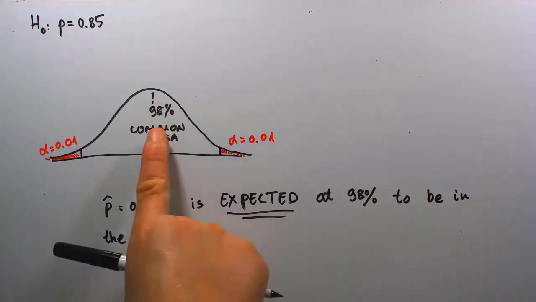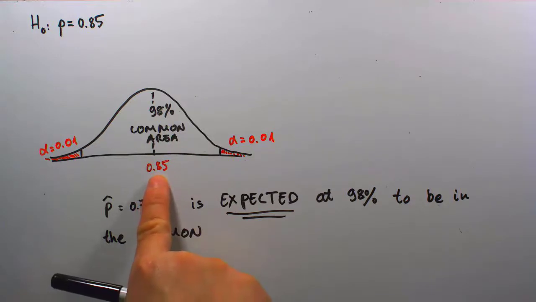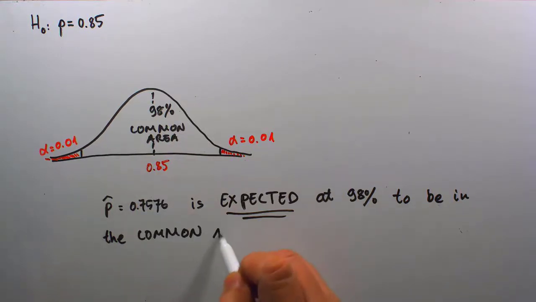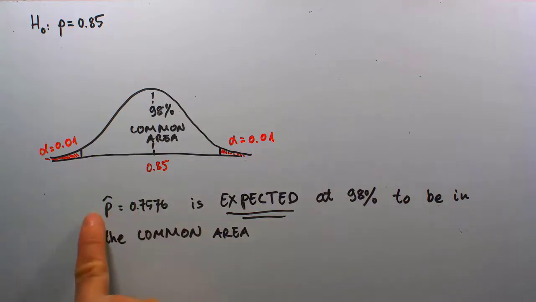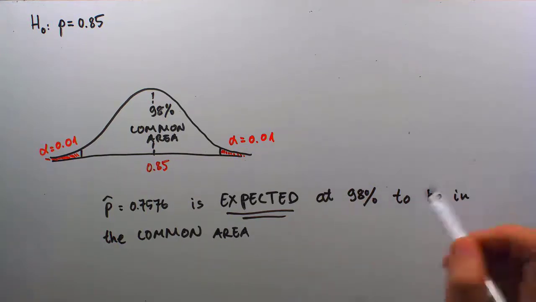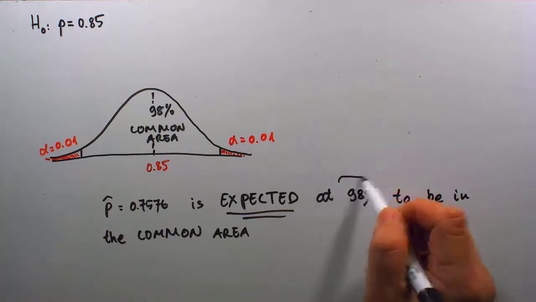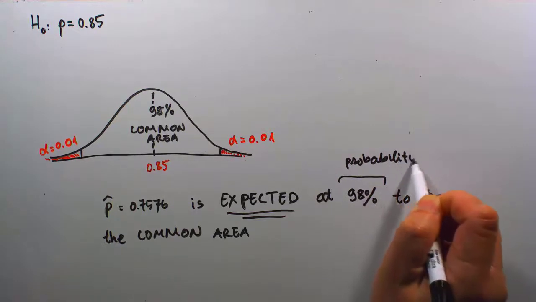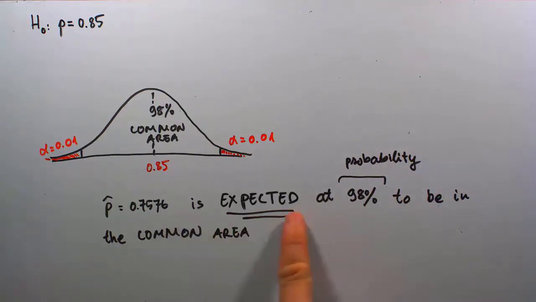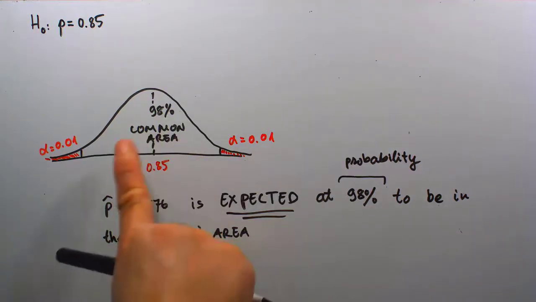If the claim that the proportion of iPhone users is truly 0.85 is true, then at the moment we pick any sample, including our sample, it is expected at 98% probability. So this is the probability, or chance, we expected. This sample is expected at 98% probability to be in that common area, among the common values